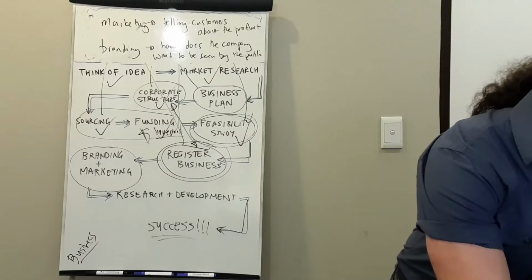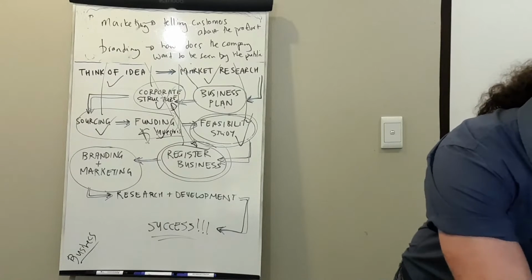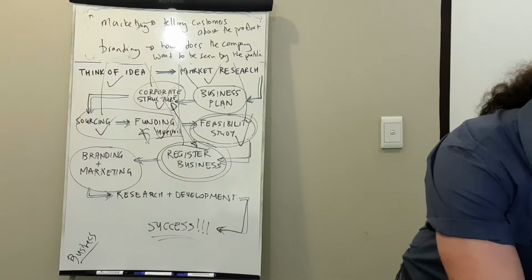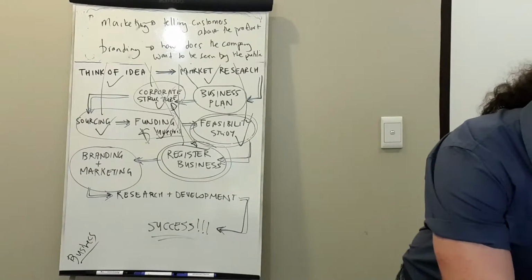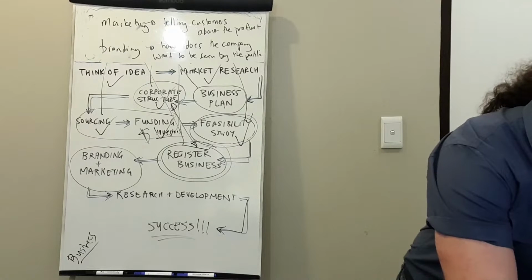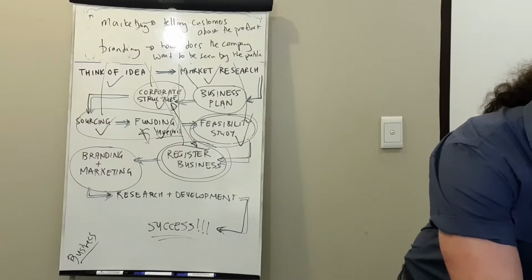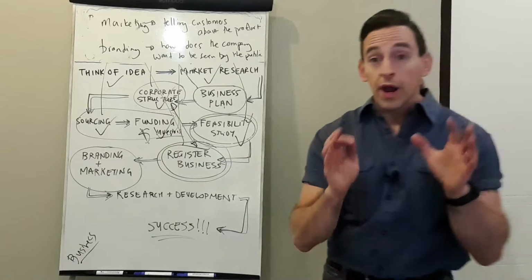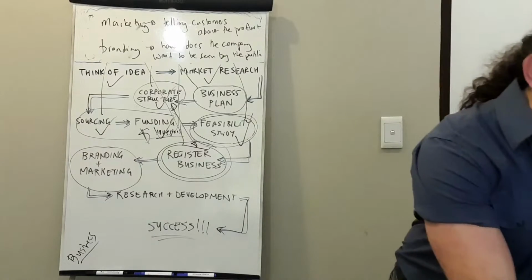All right, so now let's define here. Marketing is telling your customers about your product. And I'm going to put the example here. So it is Apple making a campaign about the new iPhone, whereas branding